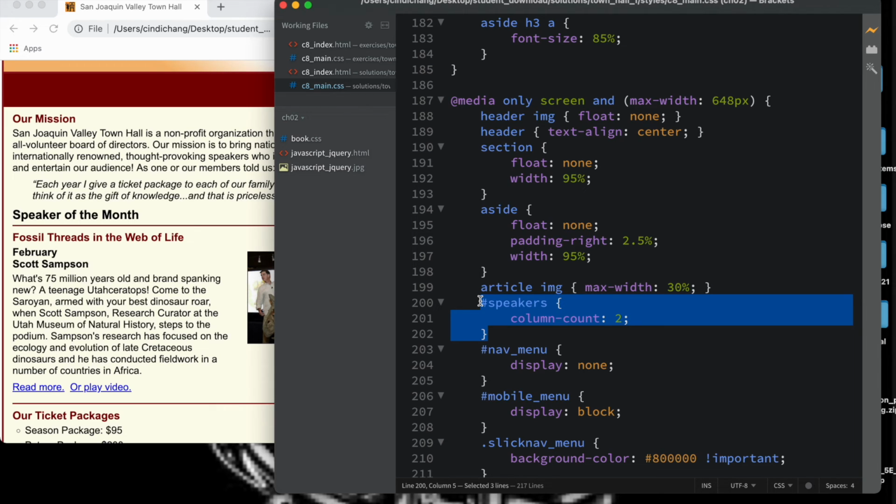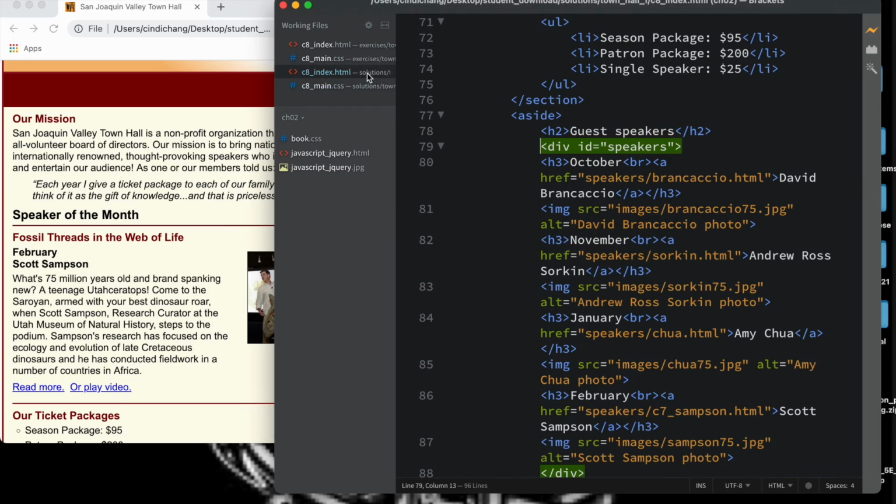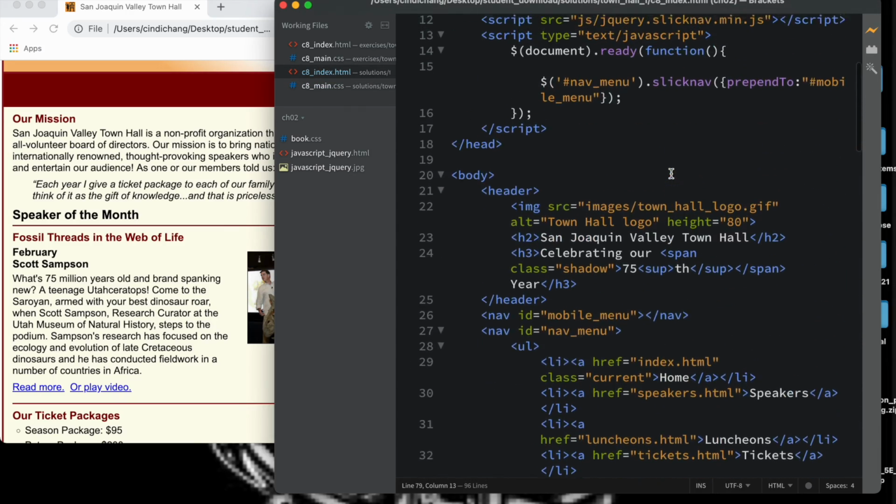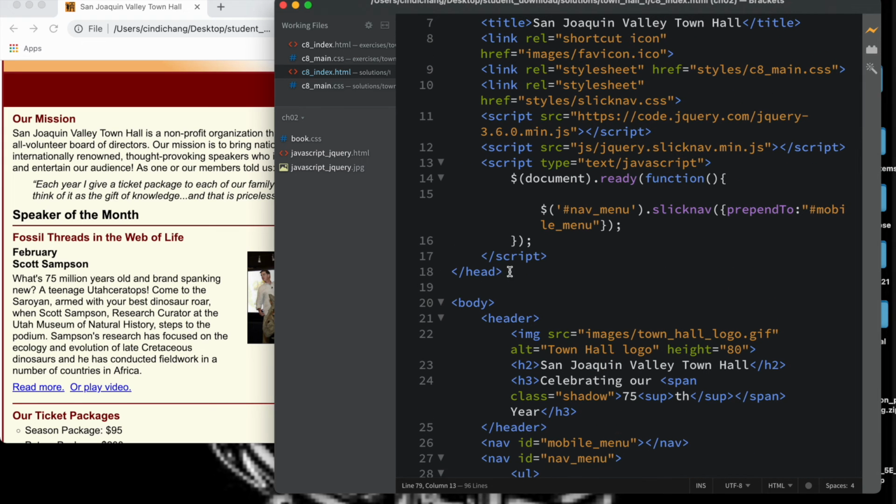Okay. All right, then I'm going to use number 24, add a mobile menu using the SlickNav plugin. What does that mean? Look at figure 8-14 in your textbook in chapter 8, and you're going to use that as a guide to add a link element for the slicknav.css. So just like we create a link to this CSS, go back into my index, back up to the head section. Remember, the part that doesn't fit in the body. So everything up here,